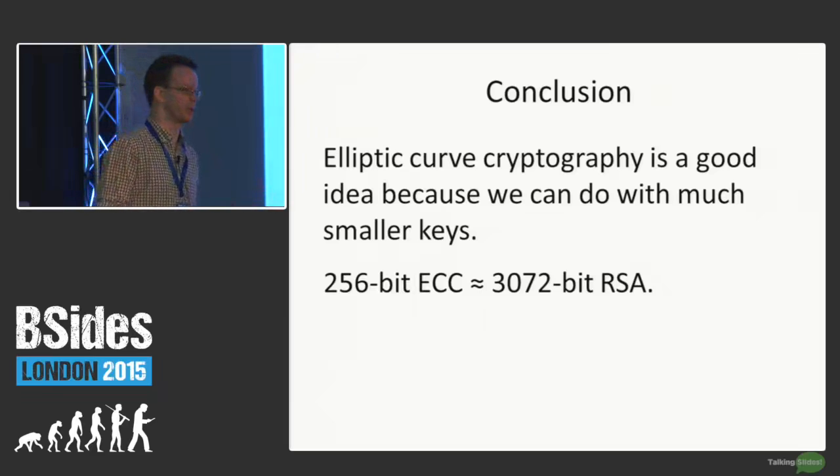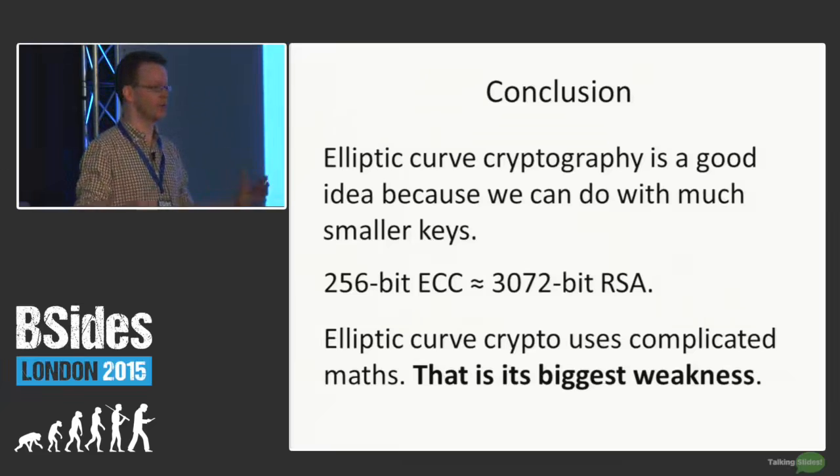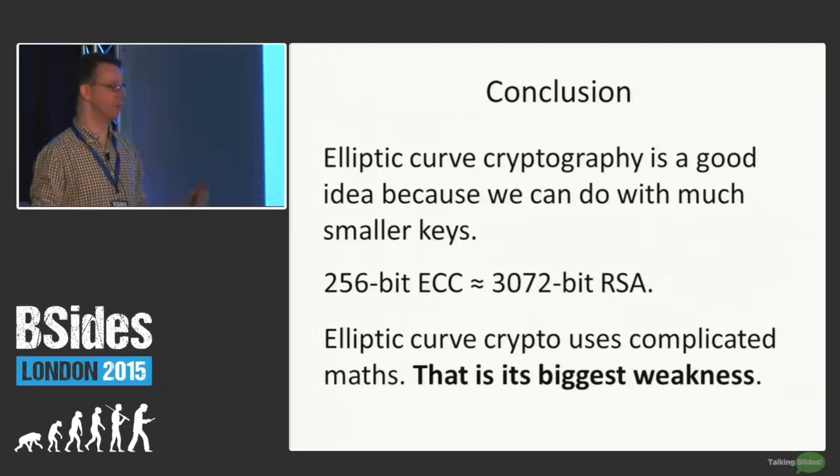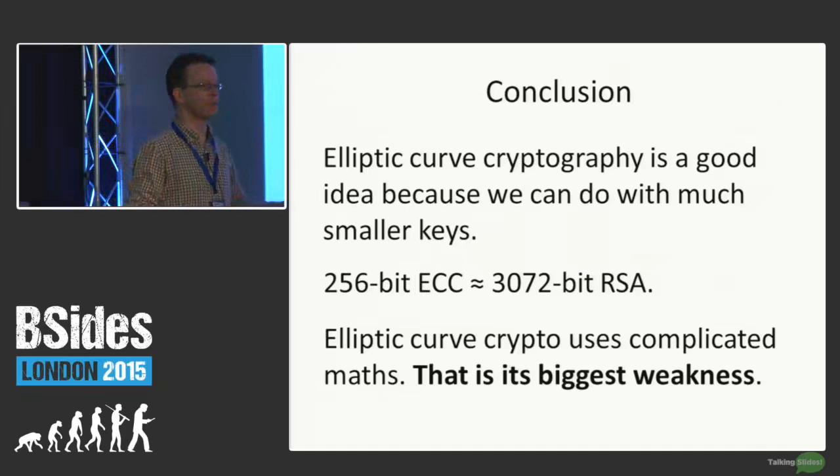There's one big weakness in elliptic curve cryptography, I think, and I don't think people realize this enough. It uses complicated math. It's great, it's fascinating, it's cool, but the fact that it uses complicated math doesn't make it stronger. Ideally, you would have an algorithm that uses very simple math that anyone who could do a bit of programming could understand, and not something where we rely on a very small group of people who really understand this, hoping that they're on our side, etc. And again, I'm not one of the people who understand this well enough to find backdoors, etc. I don't think the group of people who understand it is too small. I think there are enough people, but it would be great if there were more.